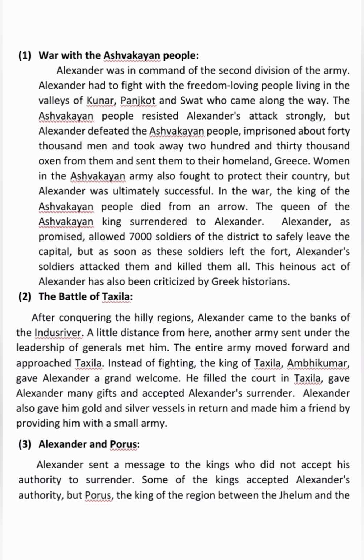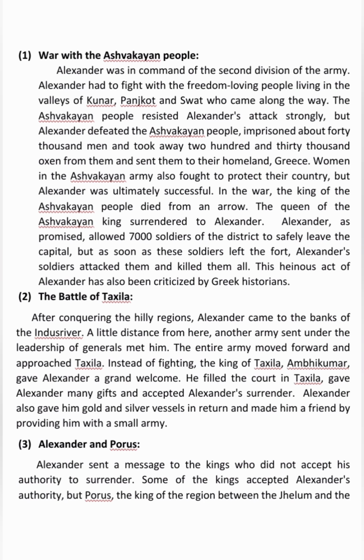First, war with the Aswakhian people. Alexander was in command of the second division of the army. Alexander had to fight with the freedom-loving people living in the valleys of Kunar, Panchkot, Swat, who came along the way. The Aswakhian people resisted Alexander's attack strongly, but Alexander defeated the Aswakhian people, imprisoned about 40,000 men, and took away